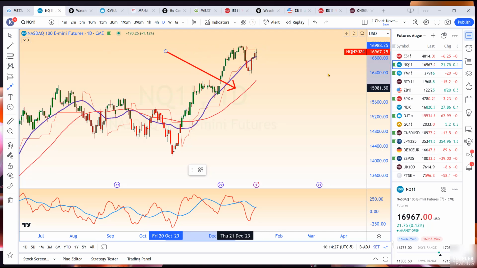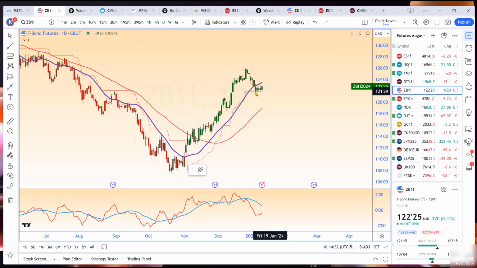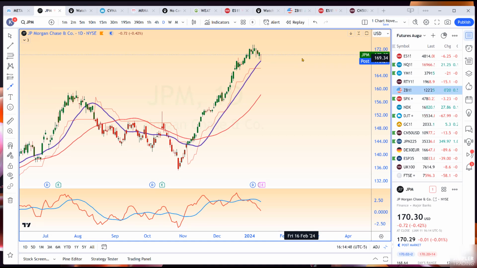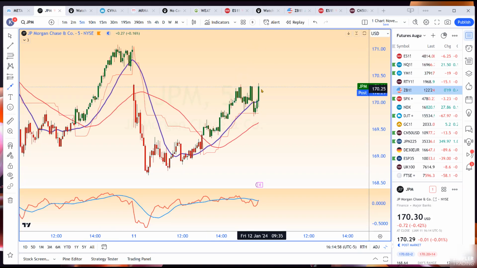So a big deal for me of all of these is going to be the bond market. If this bond market cannot hold here, then the probability is the other indexes are going to sell off. When the bond market rallied today, all the indexes rallied. So I'm not the only one watching those bonds. The other thing everybody's watching is the first tranche of earnings. So you got JP Morgan, a big old uptrend, already sort of factoring in good earnings. So just keep that in mind. When that rallied at the end of the day, that definitely helped sentiment in the ES, and that's why the ES didn't close on its low. Didn't close on its high, but it just didn't do anything.